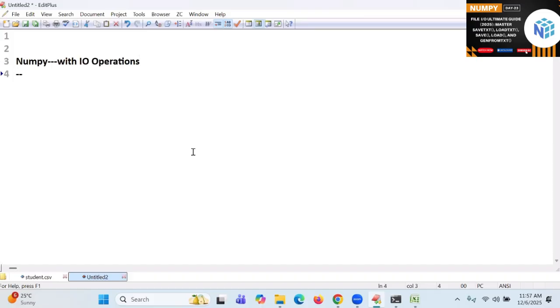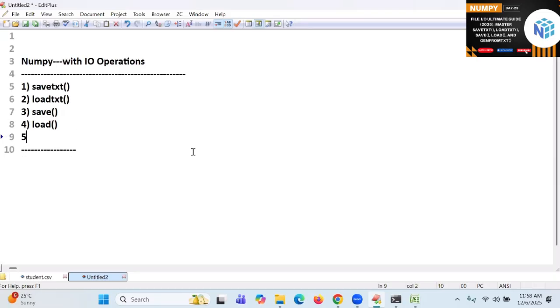If somebody asks you what the NumPy IO operations are, don't just say input output operations. For my satisfaction, number one, save txt. Number two, load txt. Next, save. Next, load. Next, gen from txt.